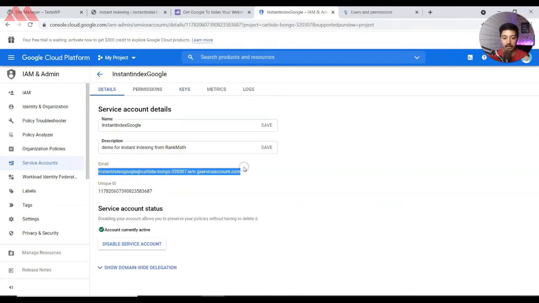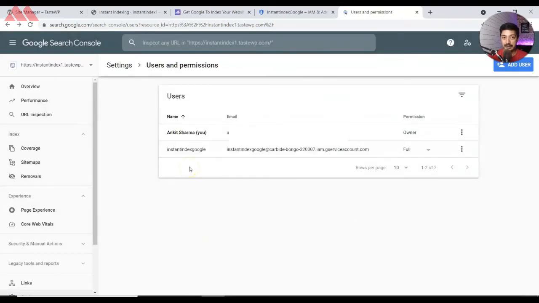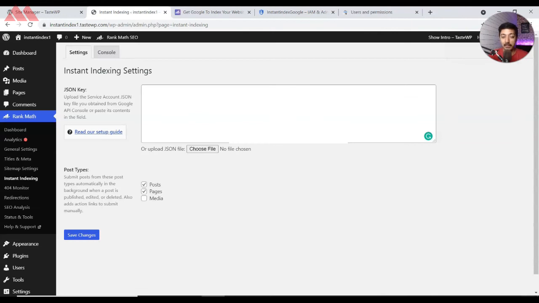You can copy all that and paste it here, and give permission as full so that it will act as an owner of this website and can manage all the things in Google Search Console. So we click on add, and now the service account we created in Google Cloud Platform is added as a new user to get all the details for this website in Google Search Console. So now the technical part is done.